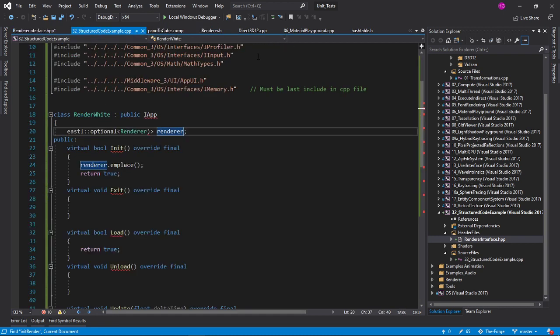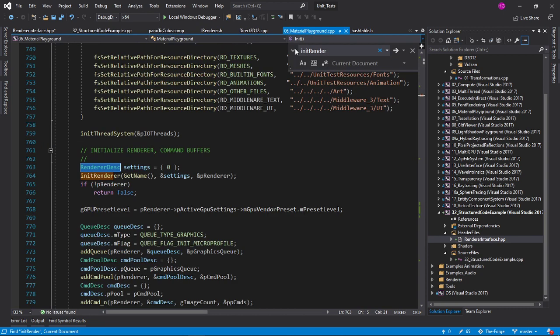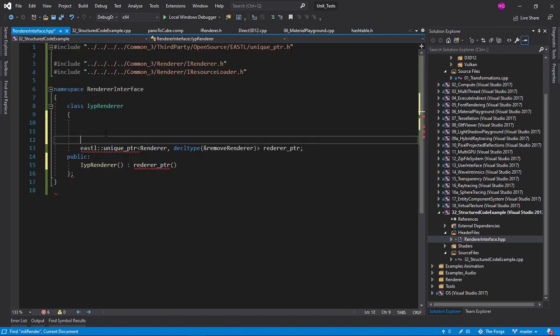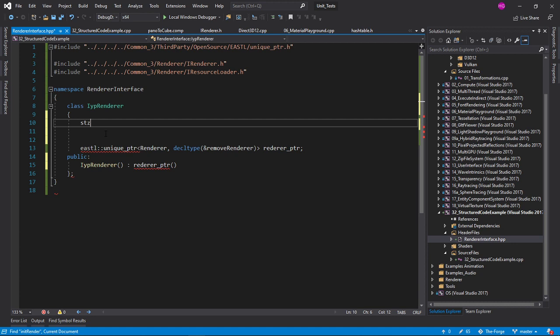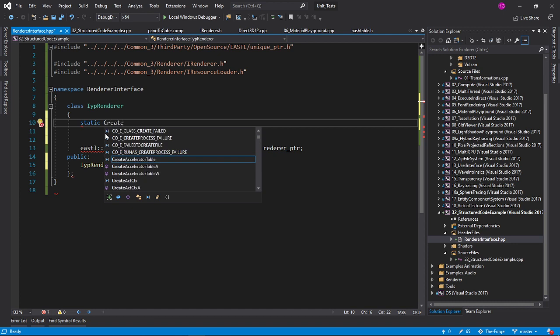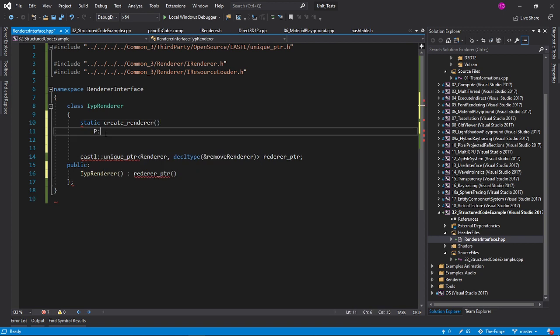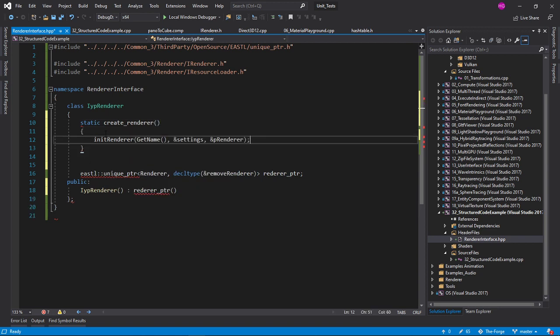Okay. Anyways, those are not of our interest here. What is, however, is that. Okay, so I'm going to put a static function here, create render. Alright, and what I'm going to do is